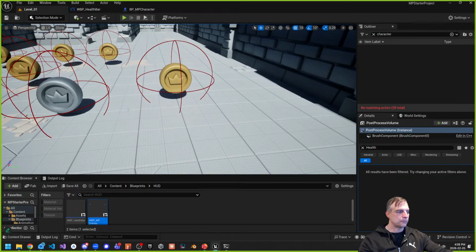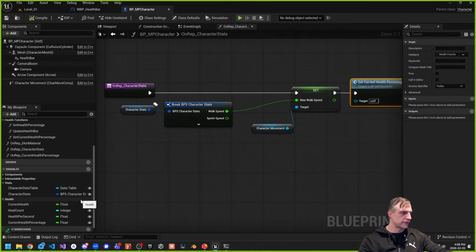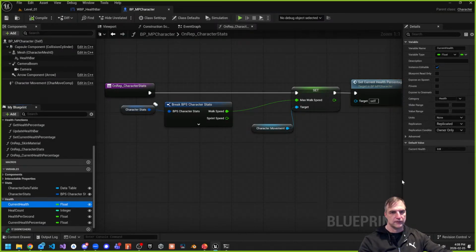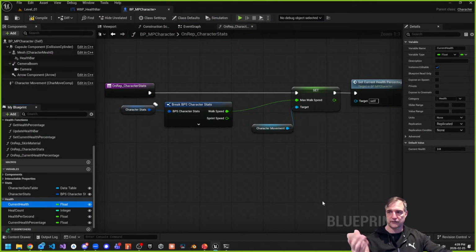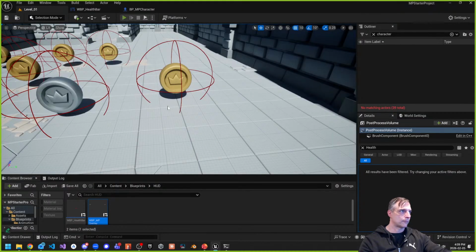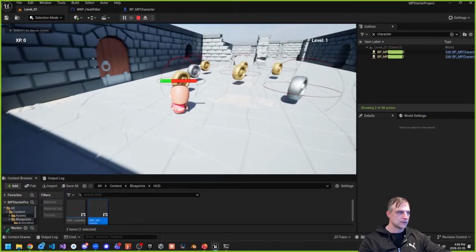Okay. So now we can try a couple of things, modifiers to this whole thing. So current health is replicated owner only. What if we didn't make it replicated owner only? What if you made it so that it's none? Does it make a difference is what I'm saying. So let's compile and save that and play again. Remember, these are all the differences we're testing. So going on here,